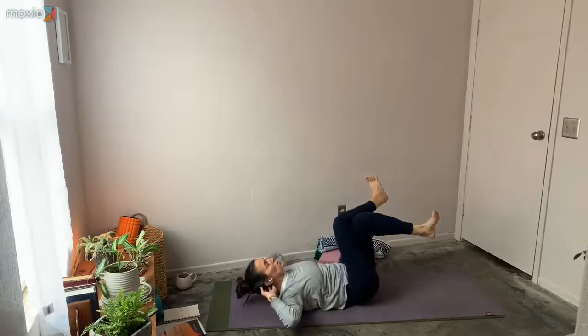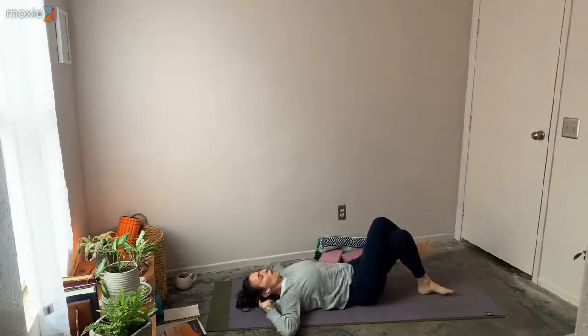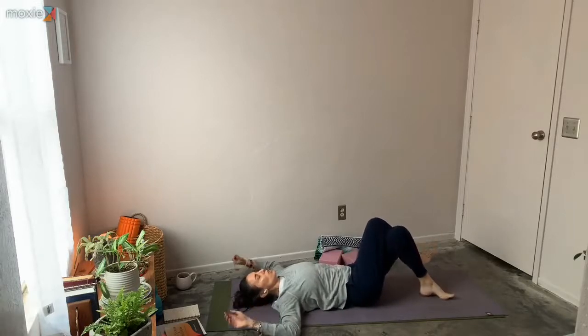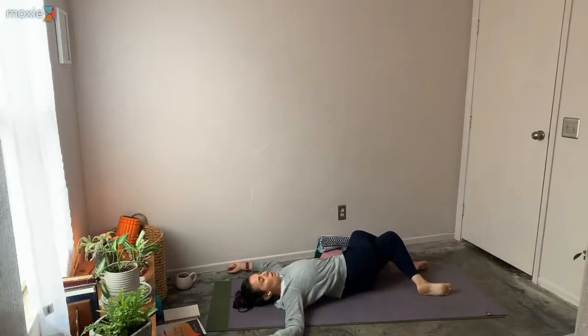As you exhale, slowly lower down. Keeping left sole of the foot towards the mat, you can lift up those hips and gently bring them to the right, just a couple inches. And on your next exhale, slowly lower both knees to the left, keeping right shoulder blade towards the mat. This time is frustrating, and still